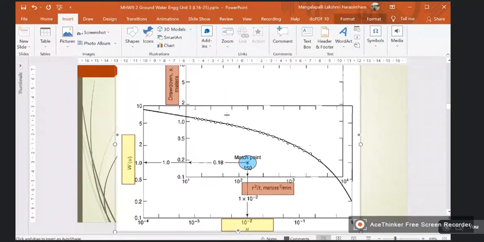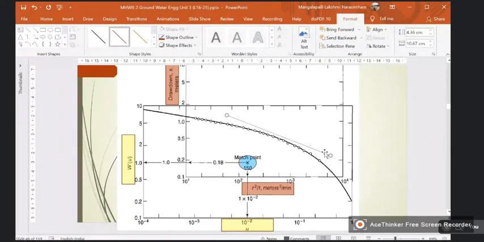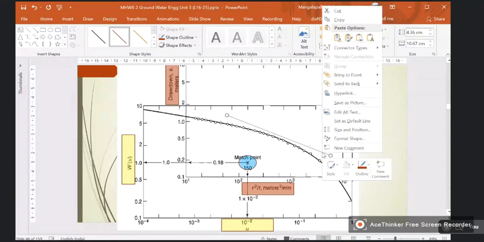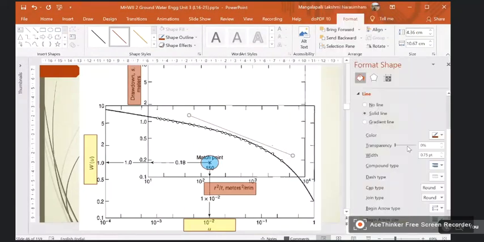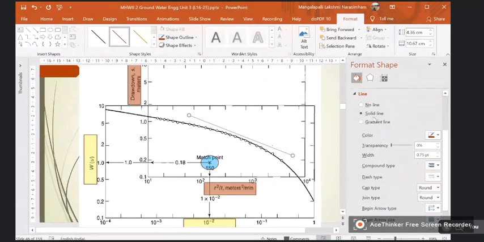Now, what I do is, so I have drawn a tangent. Now what I will do is, I will consider